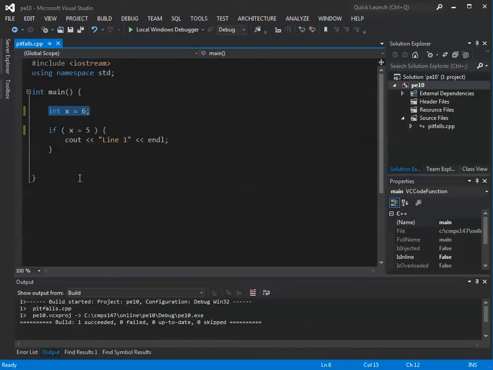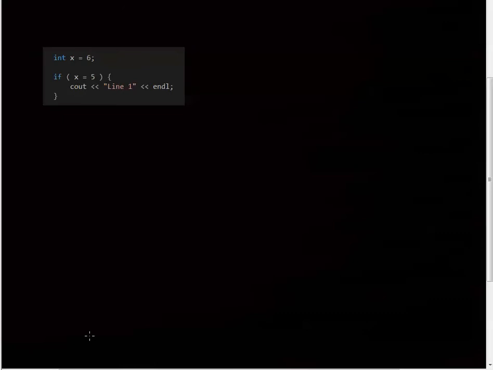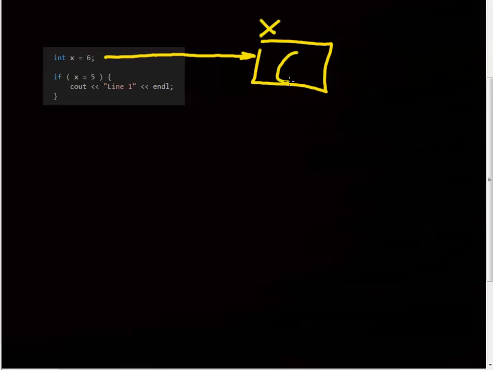which doesn't seem to make a whole lot of sense. So this is kind of best understood if we remember what's happening with all of our operators. So I've put the code over here, and let's just draw out our variable x. So when we're on this line of code, we create this value, and x is equal to 6. Right? So the next line of code does an if x equals 5,